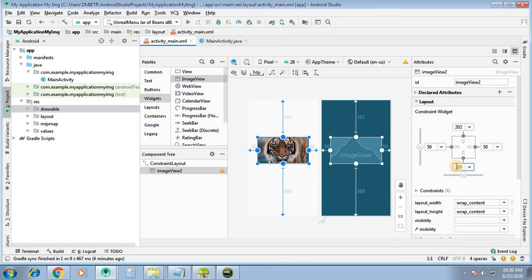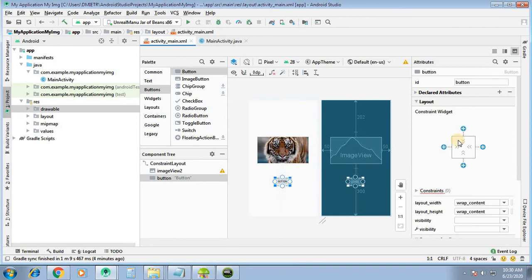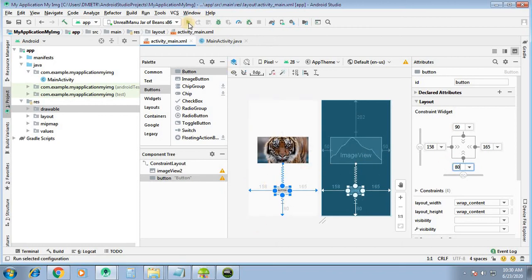So this is what our ImageView, and we will add a button. When we click on the button, the next image will be set to this. Okay, so this is our configuration.